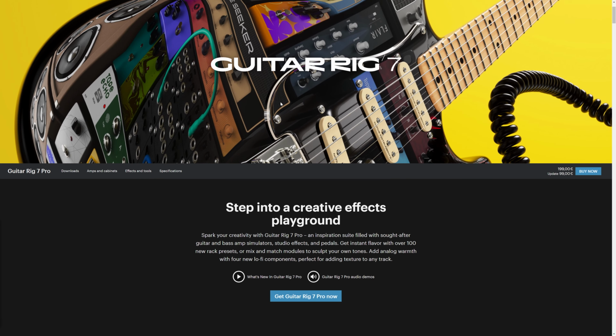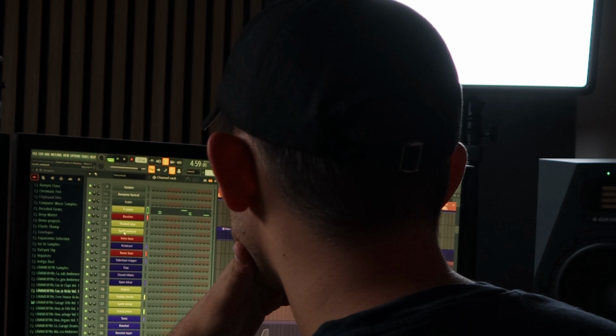So introducing this bad boy to the channel again. Yes, the Guitar Rig 6 plugin. Yeah, I know there is a version 7, but I am by no means a first mover when it comes to getting new plugins. Anyway, let's dive into how we can use Guitar Rig 6 to add movements to some